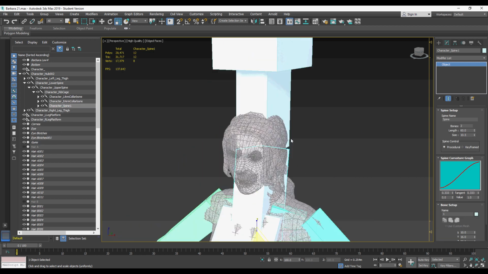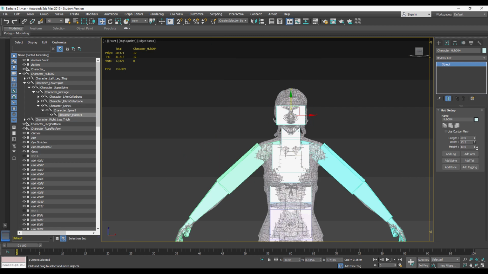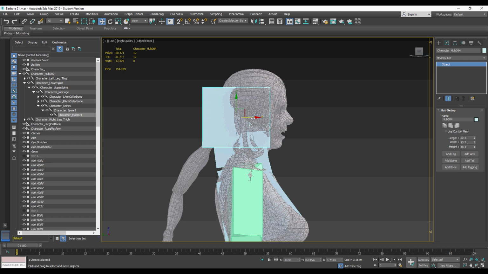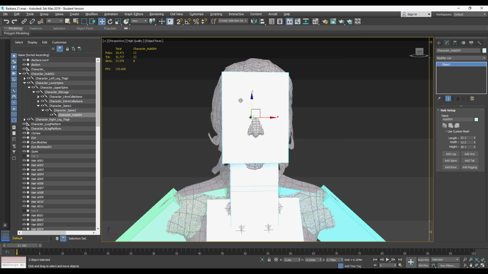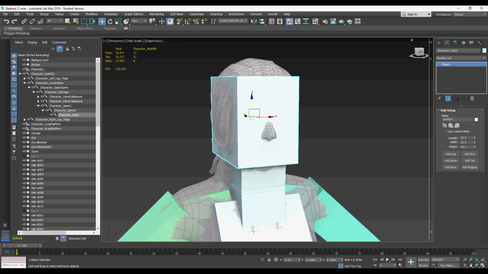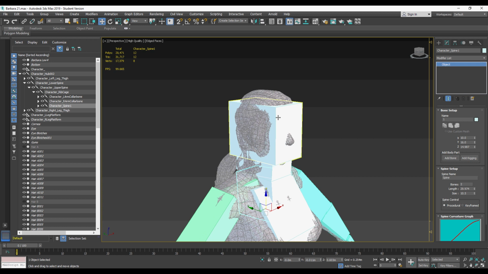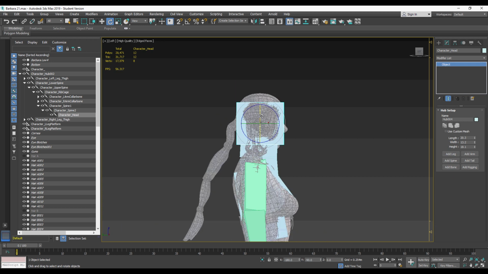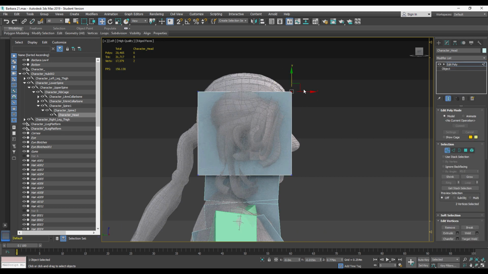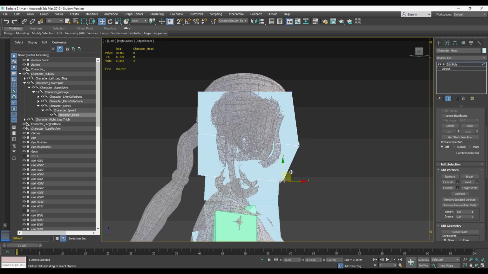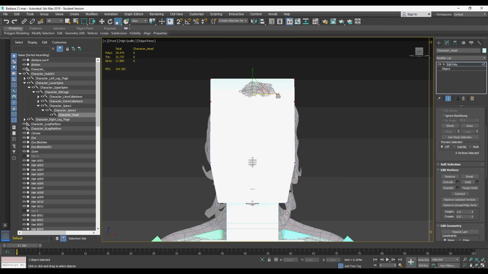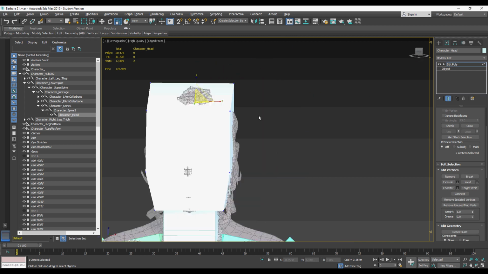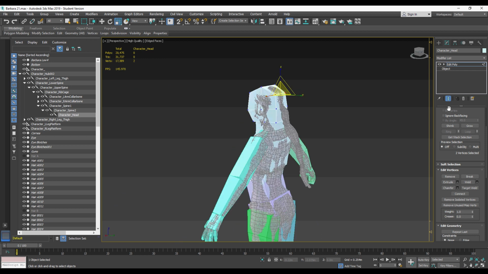When it comes to making the head and the neck of the rig, we're going to make a new spine. We're going to change the amount of links to either 1 or 2 depending on how much control of the neck that you want. We're going to make sure it's placed in the position of the head, this top new hub, and we're going to use the edit poly modifier to try and fill the space of the model as much as possible,